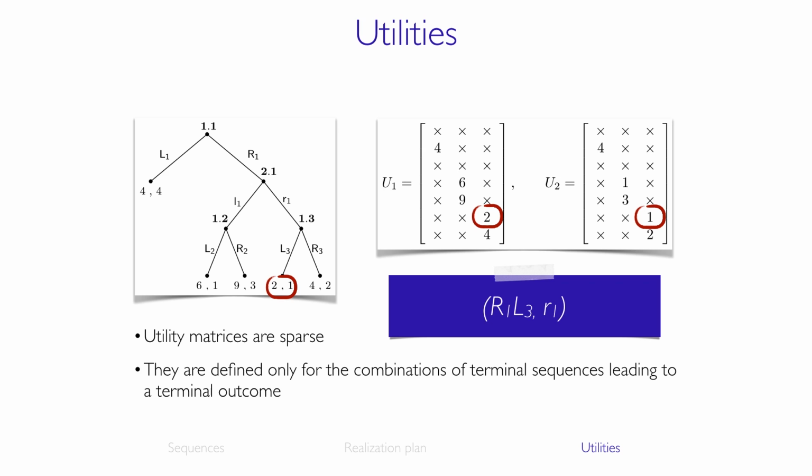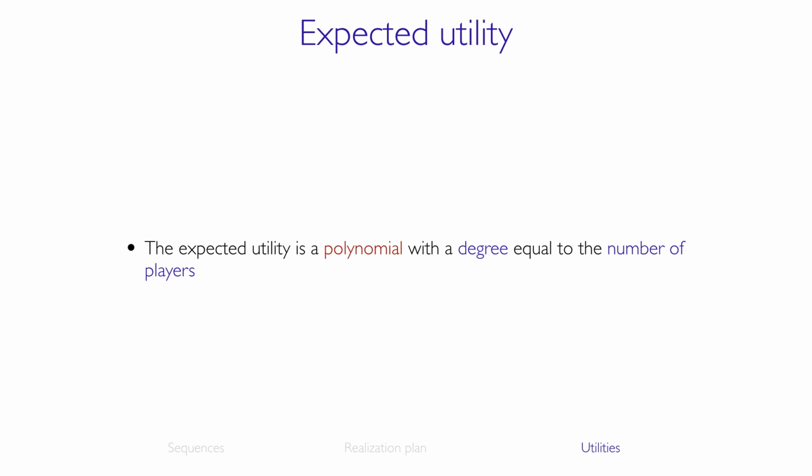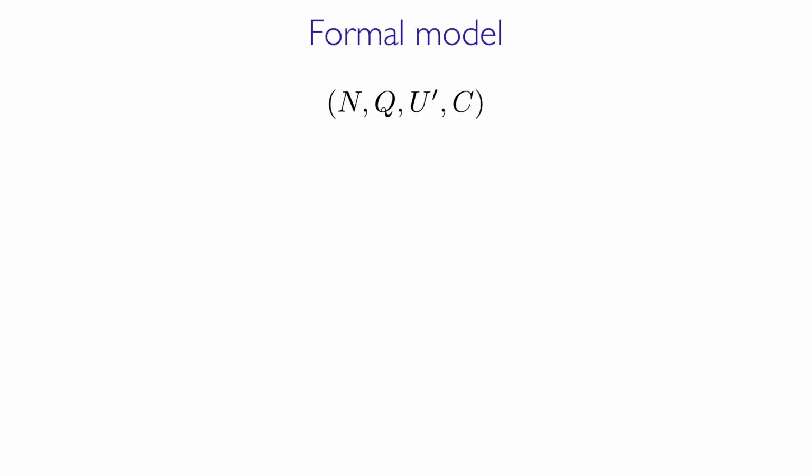Instead, the profile uppercase R1, uppercase L2, lowercase r1 leads to 2, 1. Finally, the profile uppercase R1, uppercase R2, lowercase r1 leads to 4, 2. Notice that the number of entries in the utility matrices of the players is 5. The expected utility is, as usual, a polynomial with a degree equal to the number of players. The formal model of the sequence form is a tuple N, Q, U prime, C, where N is a set of players,